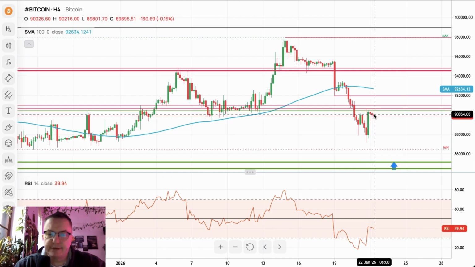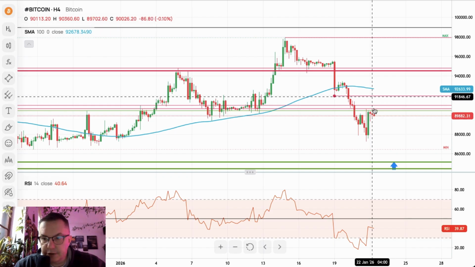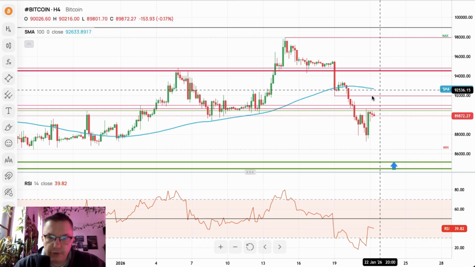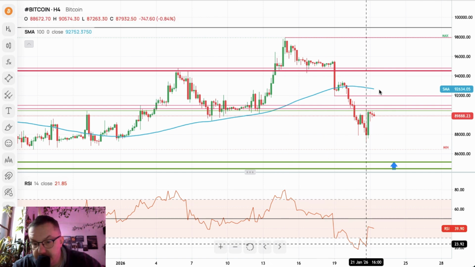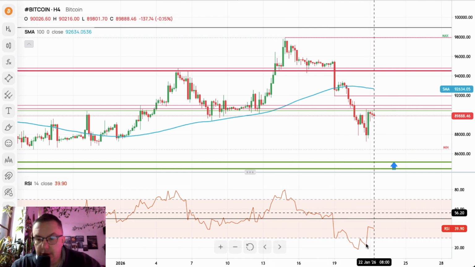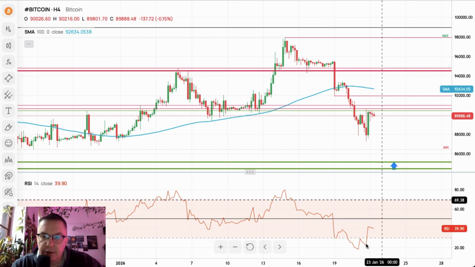For now, this resistance has not been violated, so the market needs to violate this resistance to test another one, 91,950, and then 100 periods moving average. Otherwise, we cannot say that the bulls on Bitcoin are back and the market is moving back higher. For now, there is big bearish pressure. We are going from the extremely overbought conditions towards the extremely oversold conditions. Well, the question remains whether we will go to the overbought conditions yet again, because we need to break above these technical levels that we have on the chart.